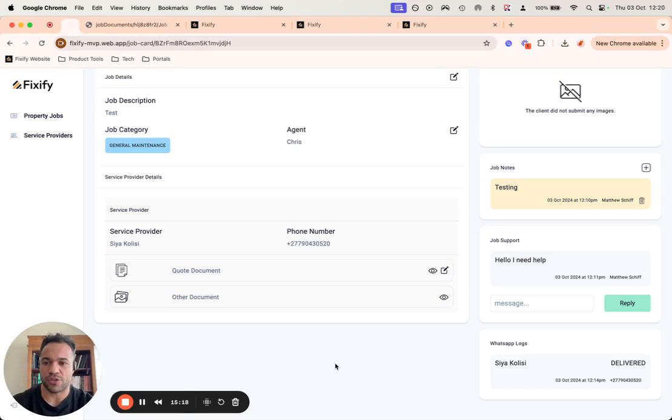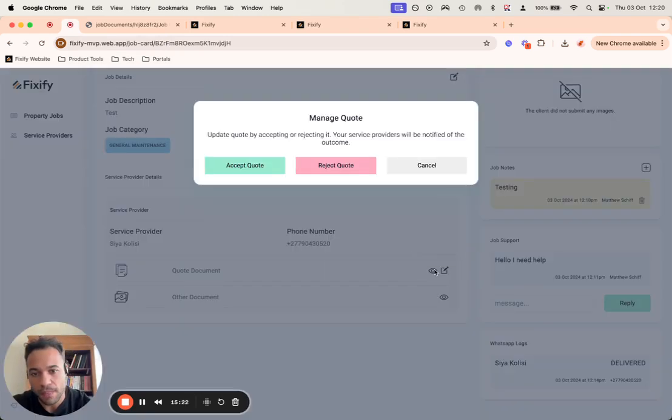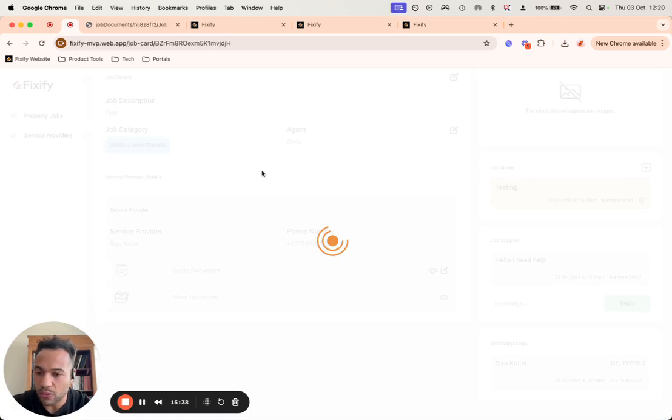If you have the jurisdiction to approve quotes, you go to your little edit button over here and you can accept that quote. Should you reject it right now, the creator will get a notification in WhatsApp saying your quote has been rejected by the service provider, and we would need to go through the process again. If it is accepted, the color will change,